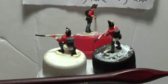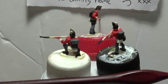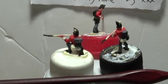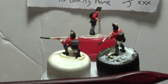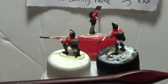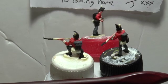So I've done the grey bits on the figures now, and that was the trousers and what they are, they're actually greatcoats apparently on the top of the backpacks. And while I was looking in my box of